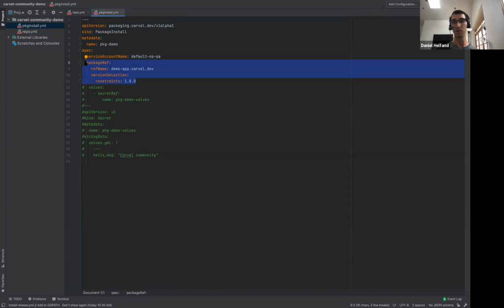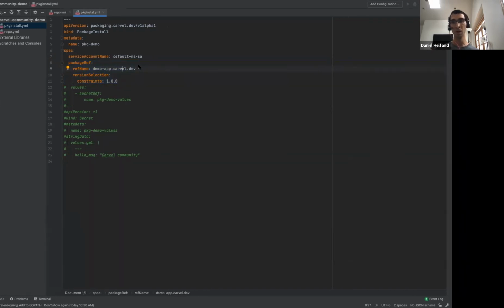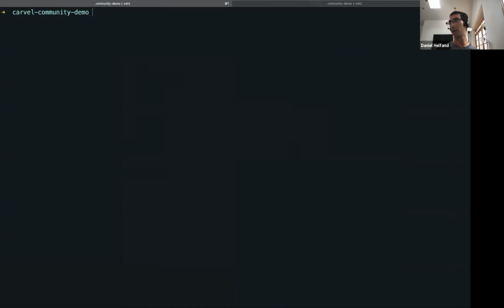So this is a way to choose what package you want to install and the particular version. So we're going to select demo app carvel.dev, and then under the version selection constraints, select that we want version 1.0. And this should correspond to what we already have on our cluster. So if I come back out to the terminal now, and I'll just do a quick